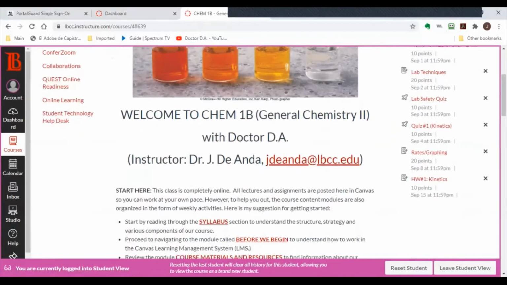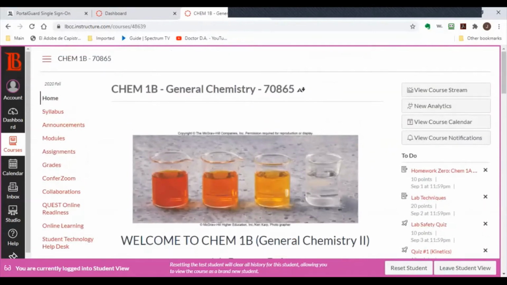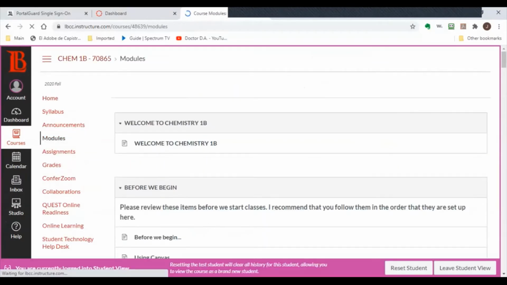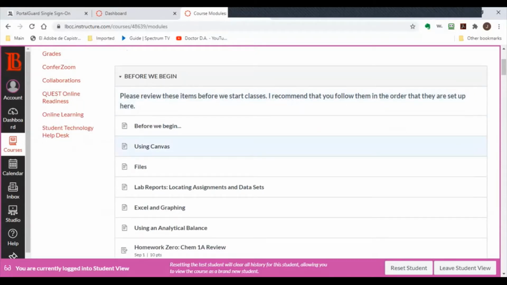Once you have navigated through the syllabus, the next section you want to go to is a module called Before We Begin. Our course is organized in modules, which you can access here on the left navigation bar. And there is this block here called Before We Begin. Please go through this